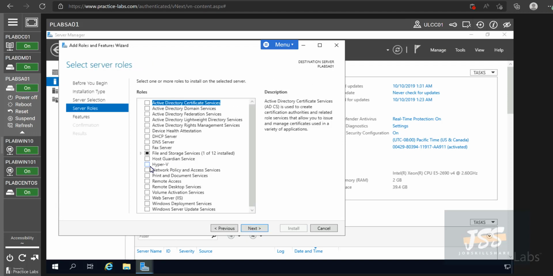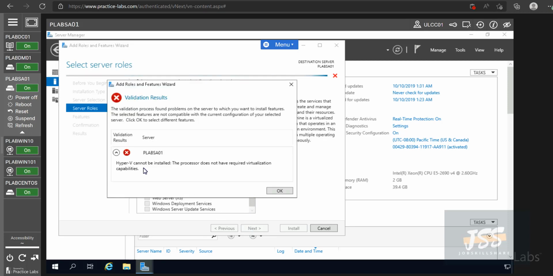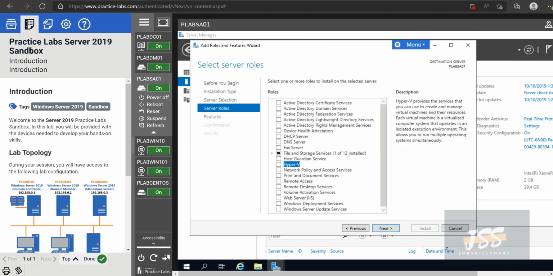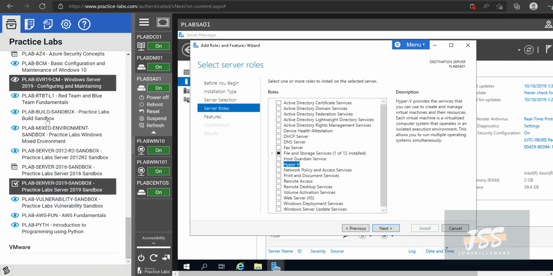And here you can click on Hyper-V and add this feature, but it's going to say that Hyper-V cannot be installed, the processor does not have required virtualization capabilities. And that is what we were talking about, that some of the premium labs have this enabled on the server. So when you go back to the premium labs, you can find the server labs